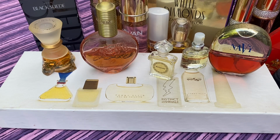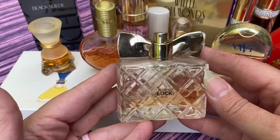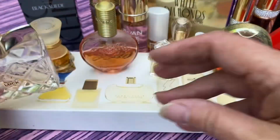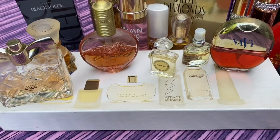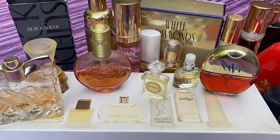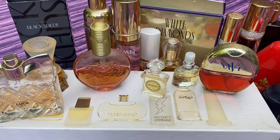And then Luck by Avon, which I've never smelled, but it looks like whoever had it liked it. Okay, so I believe that's everything that was in the $14 one. I believe that's all, but that's a pretty big lot for $14. So the next one was $25, which,